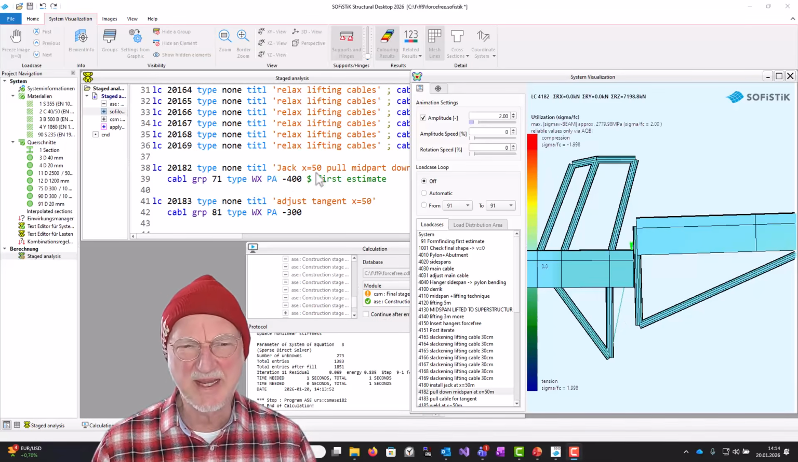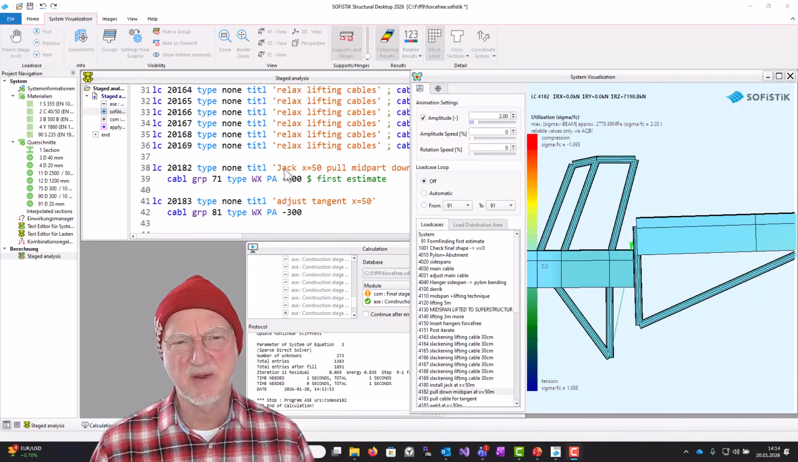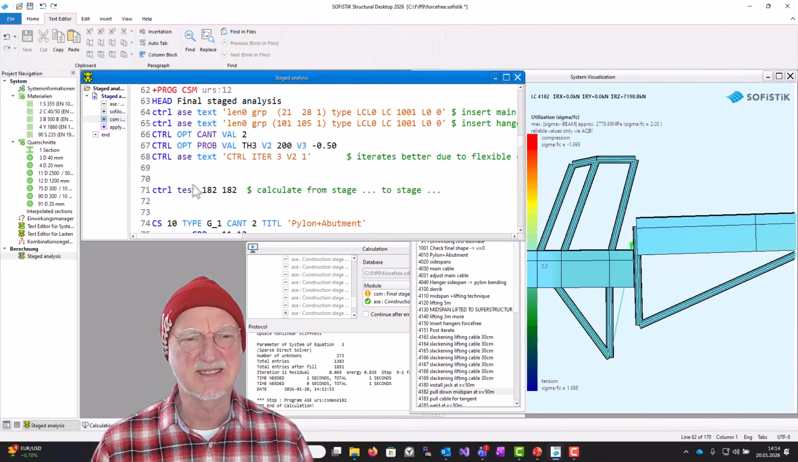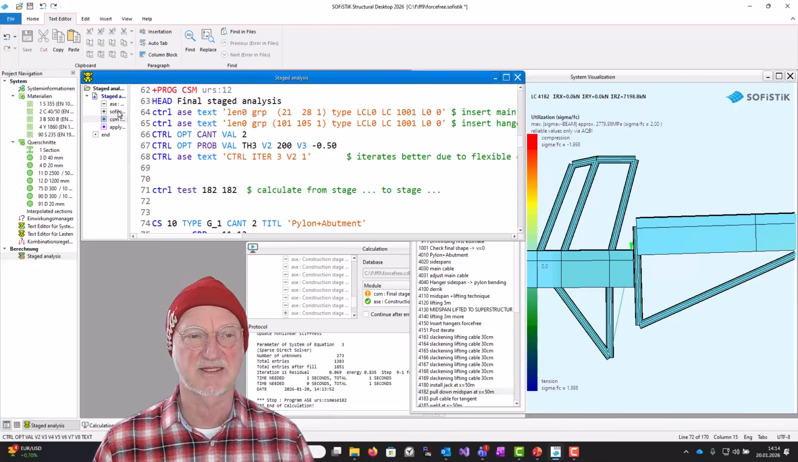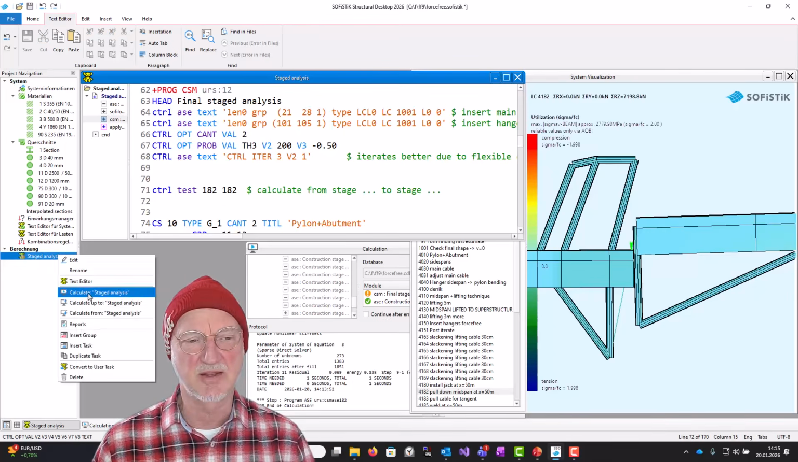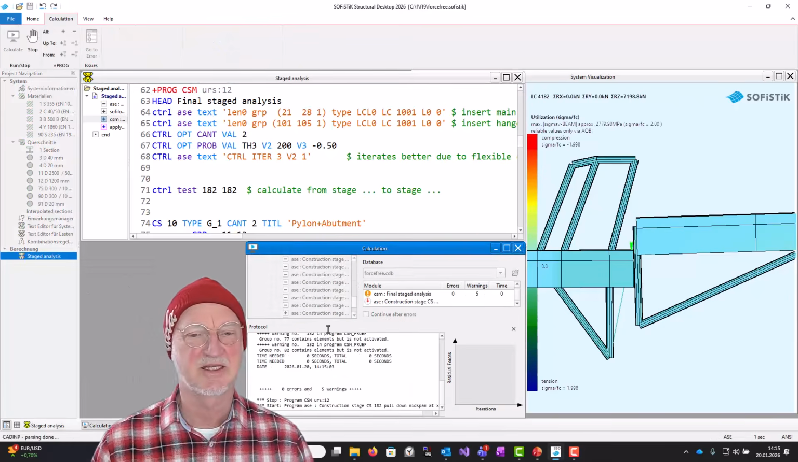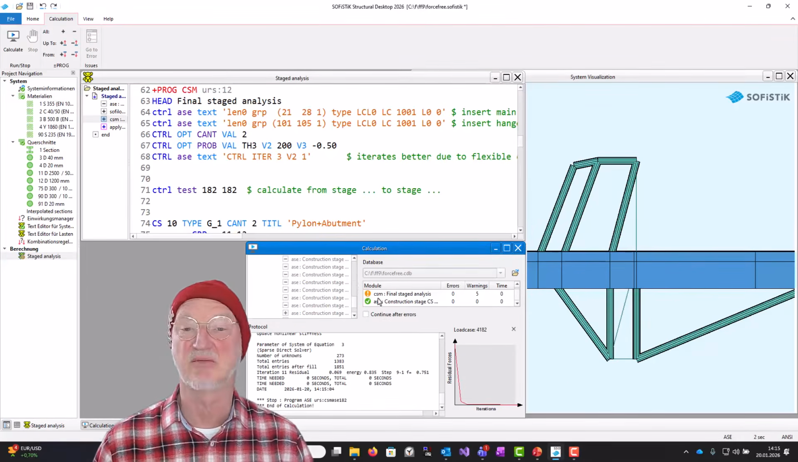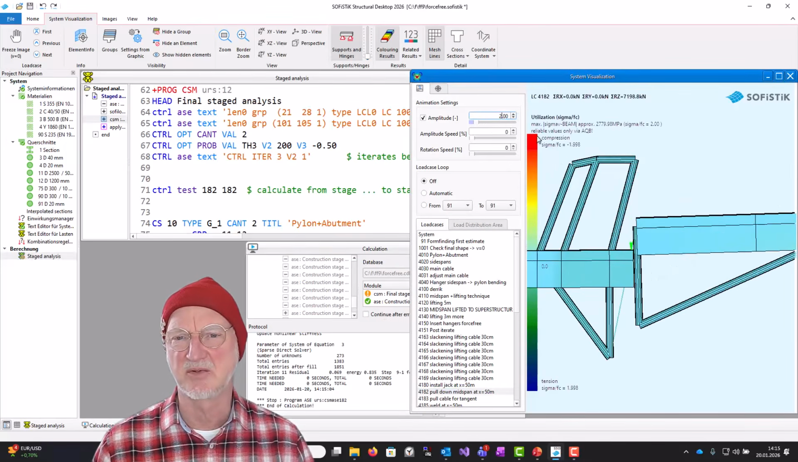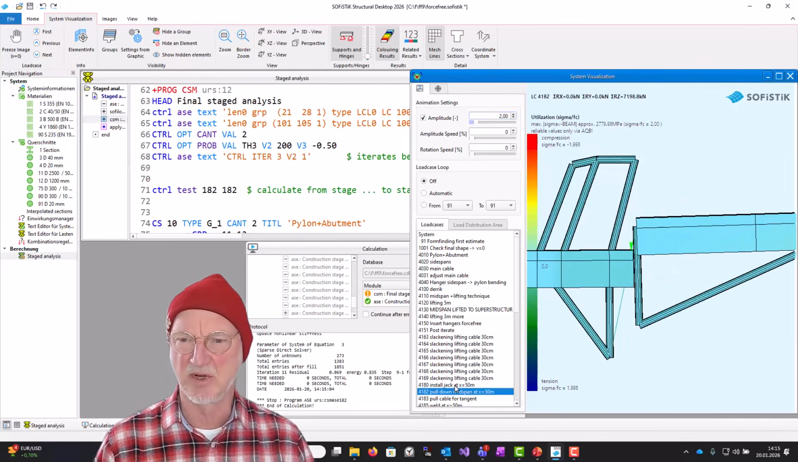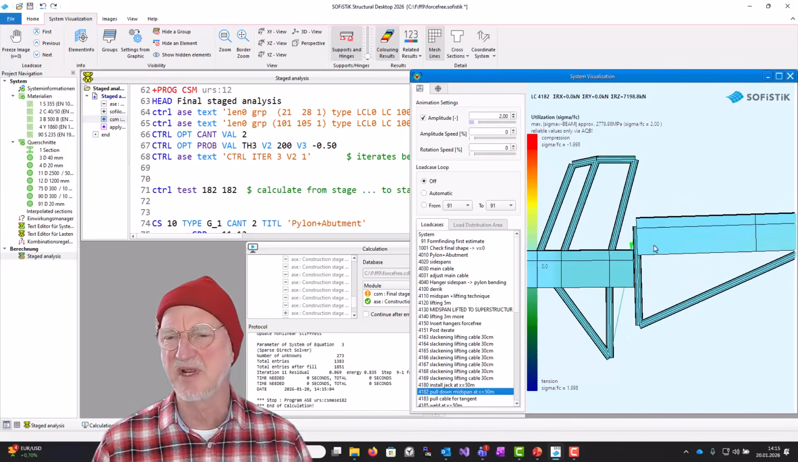But how do we get this value? First, we make an estimate of 400 millimeter. Then we activate SOFiLOAD. In the CSM we can write, please only run load case stage 182 with this control test. And if we run this with calculate, you see it is very, very quick because it is only one stage. We can now look to our animator, amplitude 2, and we see the pulling down here was 400 millimeters, not